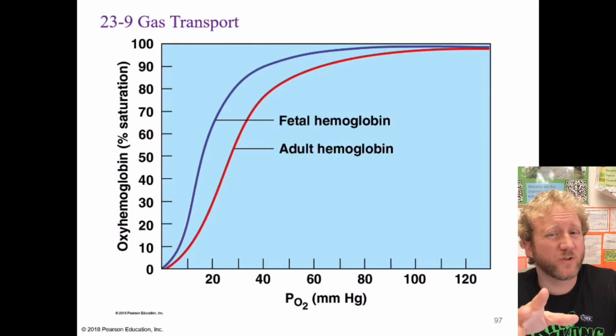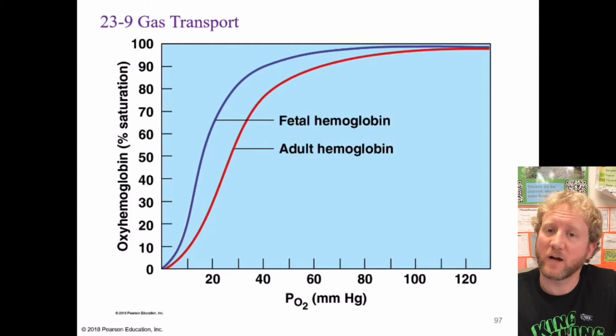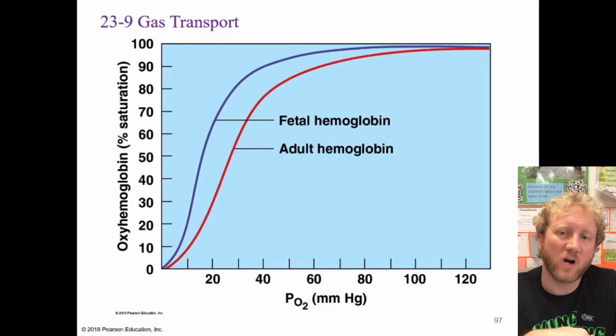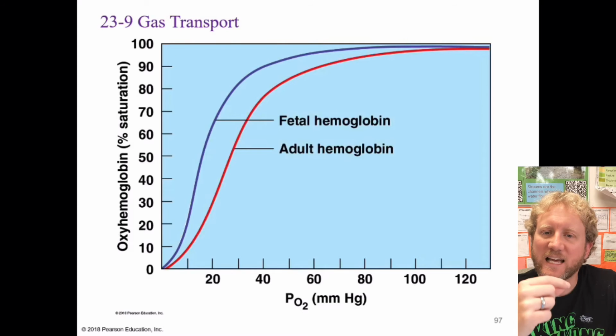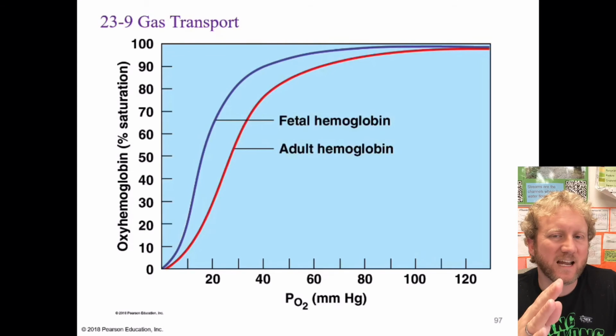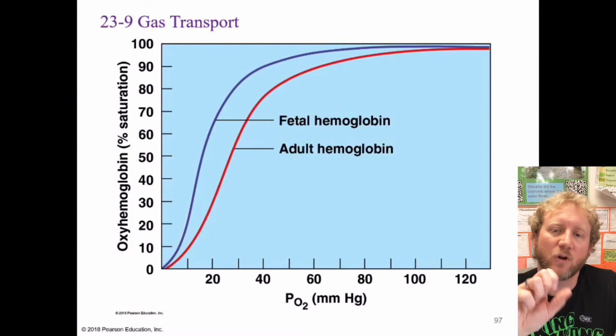Now, we don't do so well in the water, and that's because there's more oxygen in the air around us than there is in water. And so aquatic organisms have to work harder to extract as much oxygen as possible out of the water because there's less oxygen available. Same thing is basically happening with a fetus. A fetus is living in an aquatic environment during its time in utero. And so the fetal hemoglobin needs to be able to extract more oxygen, basically, and hold on to more oxygen